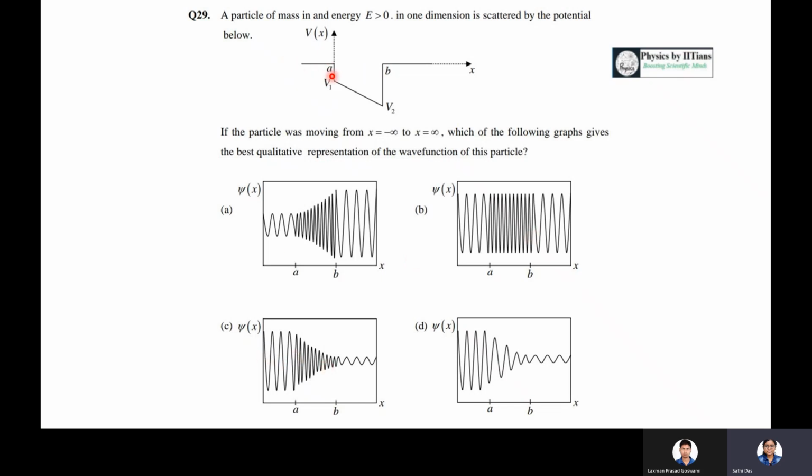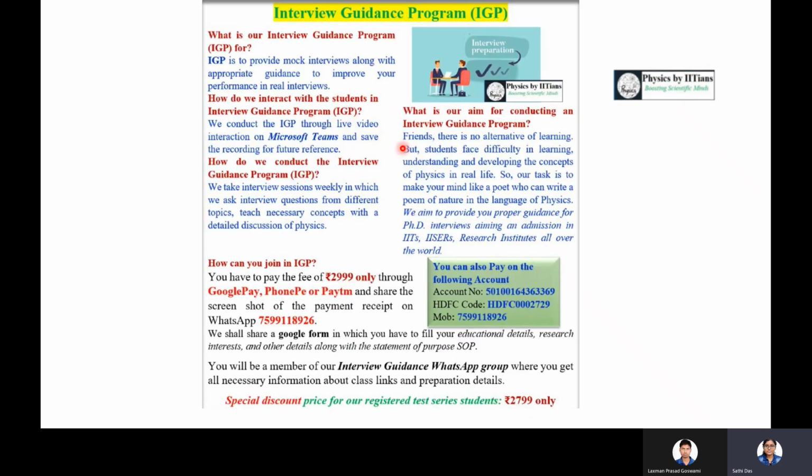So at first it will be oscillatory with some frequency, then the frequency will be increased as there is a potential variation in this particular region A to B, and then it will be also oscillatory. Only the changes in the amplitude will be noticed, because some of the wave will be reflected and some of the wave will be transmitted for both the boundaries. So these are the questions. This question has come in CSIR NET June 2019. So this kind of questions needs to be practiced and understood thoroughly, so that you can do this kind of question efficiently at the exam also.